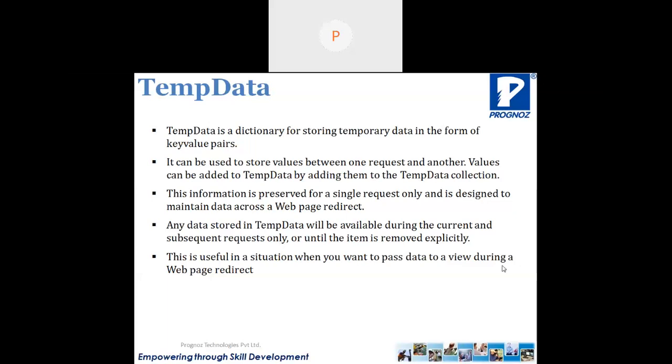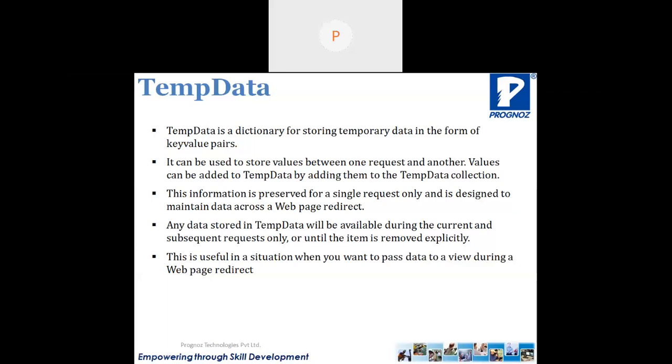The values can be added to TempData by adding them to the TempData collection, within that method only, and that TempData value can be fetched on a view page. Any data stored in TempData will be available during the current and the subsequent request only, or until that item is explicitly removed.